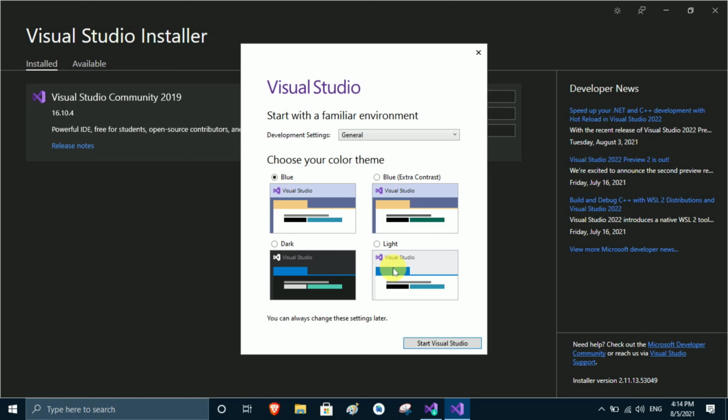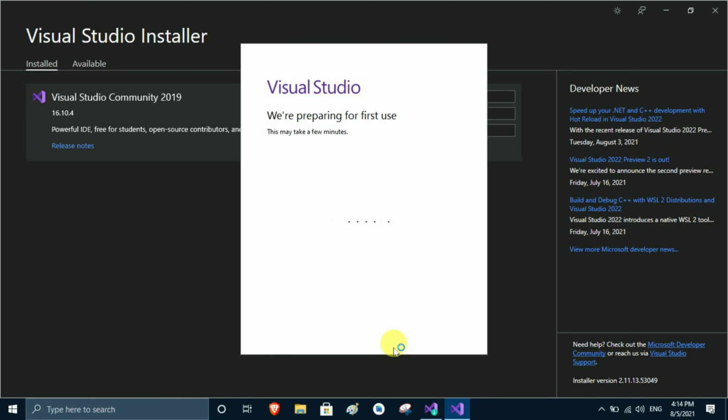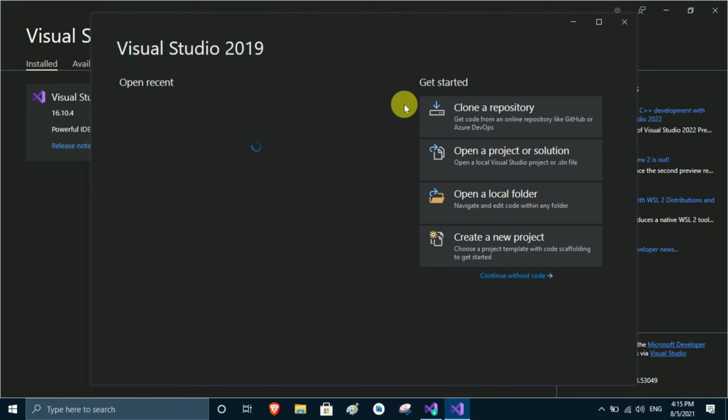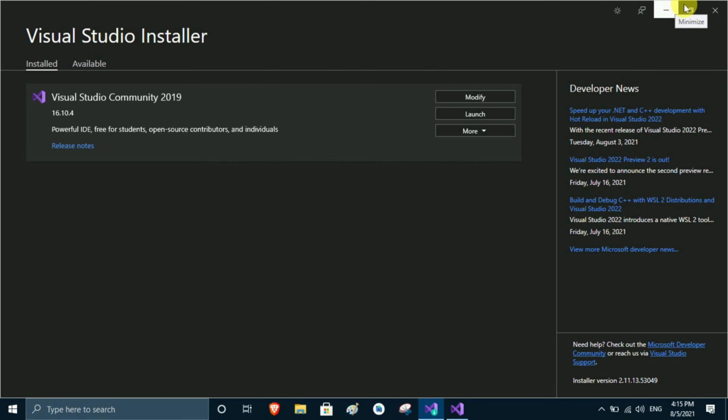I prefer the dark one, that's why I click on the dark theme and then start Visual Studio. We are preparing for first use, we have to wait for some time and close this window